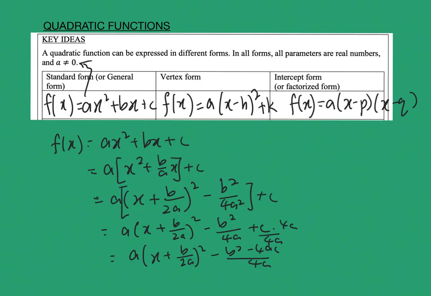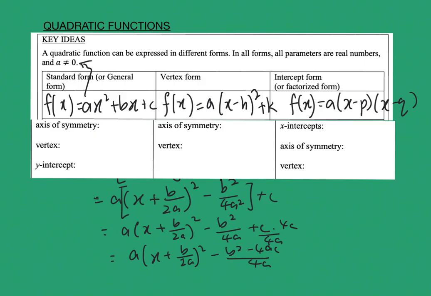So I'm going to now fill in more information about our vertices. If you look at the general form, the axis of symmetry will be where your x plus b over 2a squared equals 0. If you look at this, this will give us the axis of symmetry. So the answer is x equals negative b over 2a,